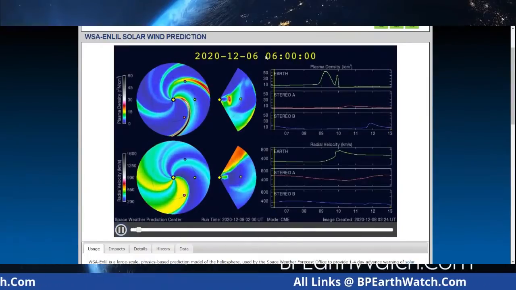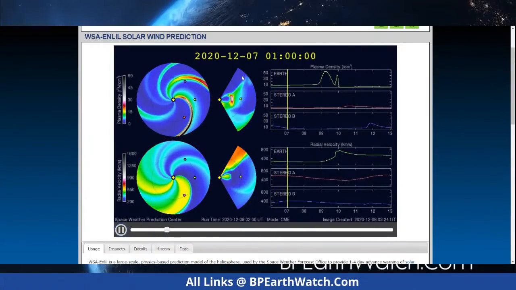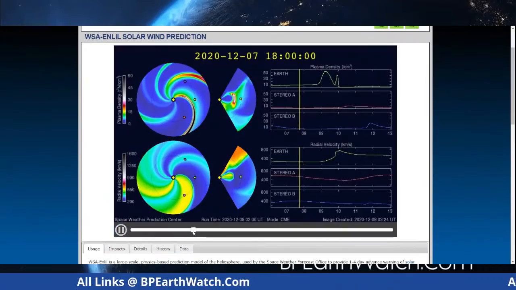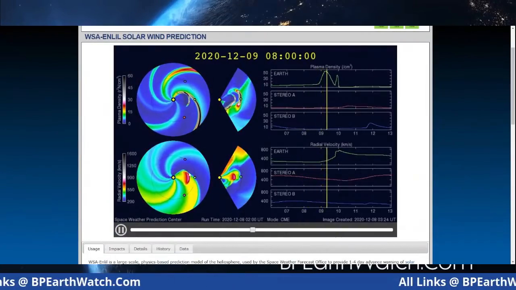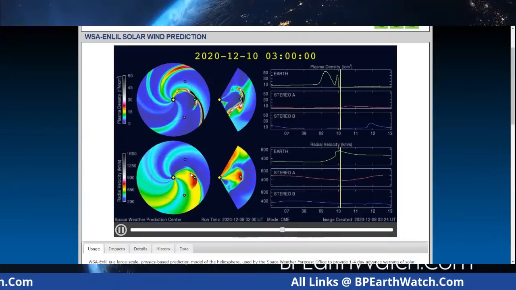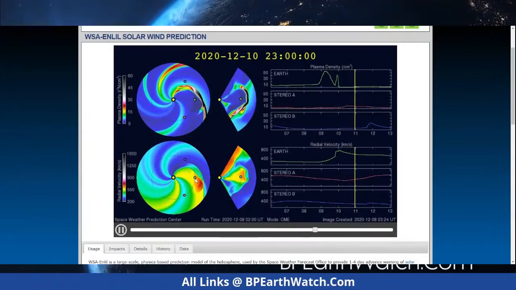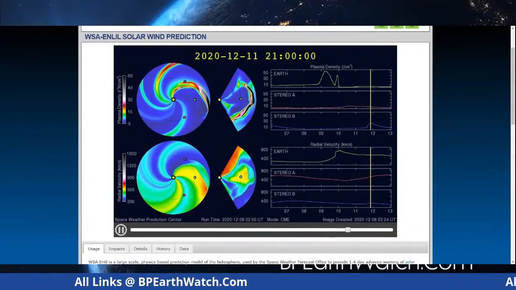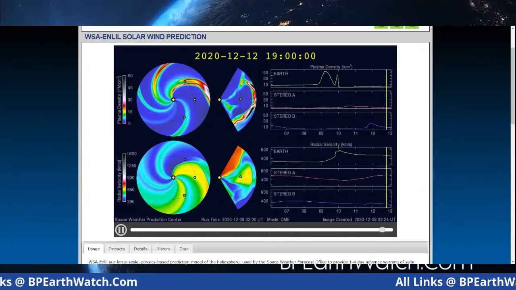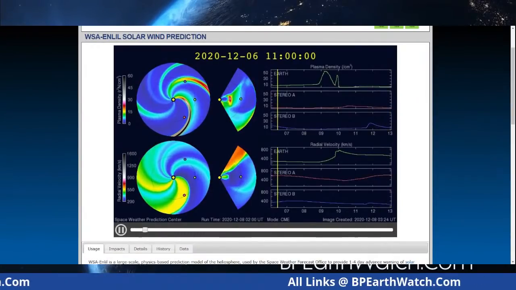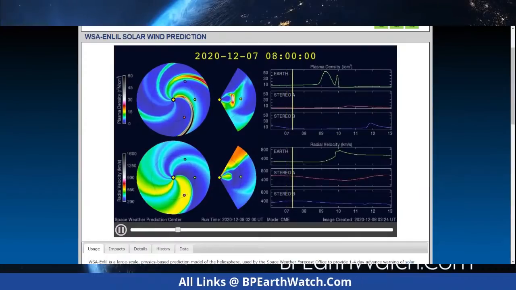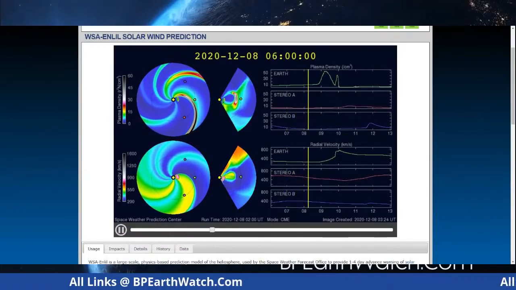But I think the main impact will be, let me pull this up a little further, bring it up right here, this red CME right there. And we should start feeling, according to the model, very soon, noon. And when you say noon or any time during the daylight, you know that you're sun facing, right? And that's where this is coming from.